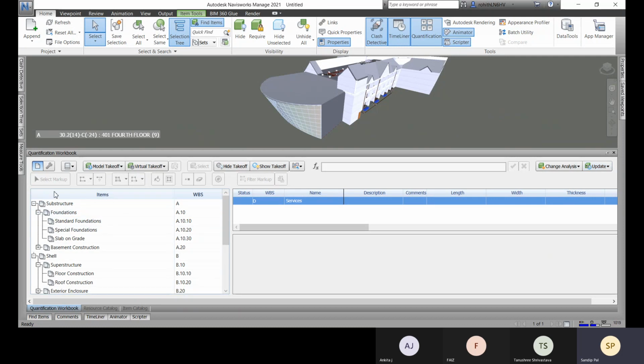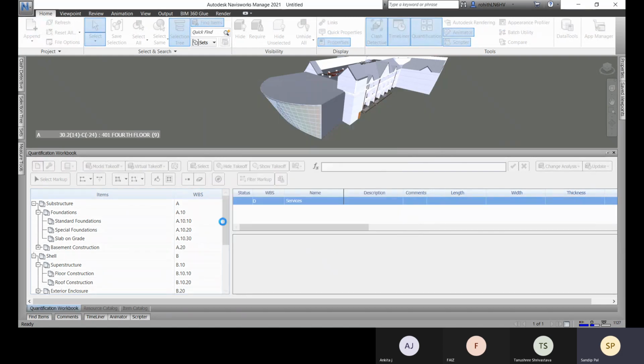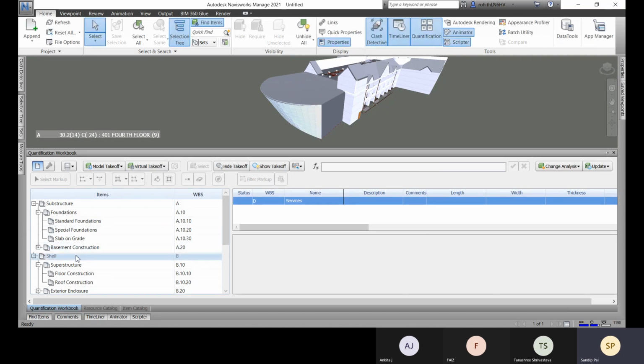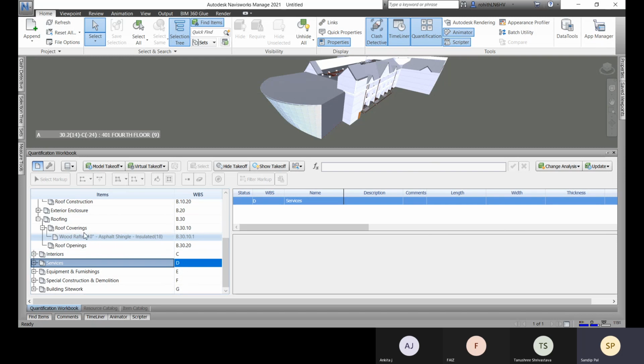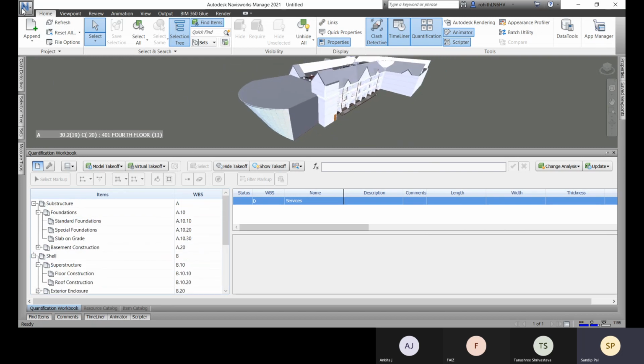So for that, we will create a new one, new takeoff. Okay. So for that, let me go to this append and we will append this again. Or else you can create a new one for this.